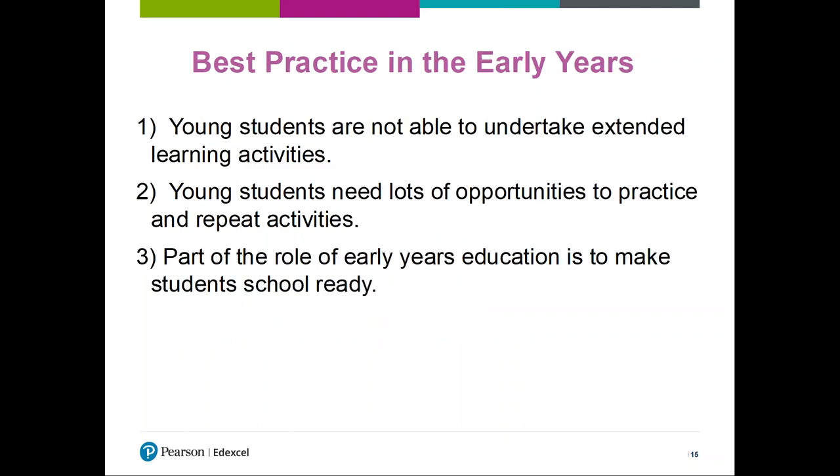Okay, so what does the PD content look like? What are you actually going to cover? Well, as part of the PD content, we ask teachers to look at the key priorities in the early years, and we do this via a Diamond 9 activity,